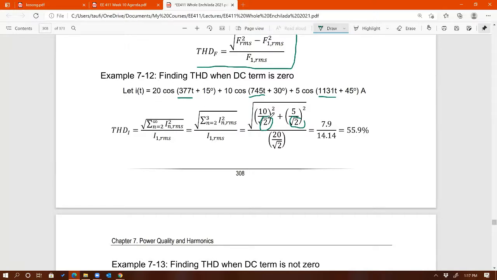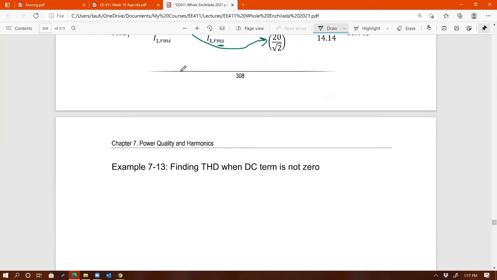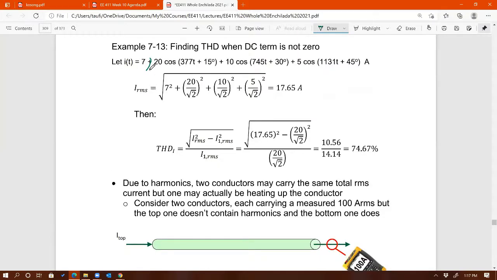So make sure that you divide it by √2 when you plug it into that equation. Okay, so 20 becomes 20 over √2, because what you need is RMS. Now this one has a DC term, see that? So now you can use the second equation on the previous page, again making sure that now